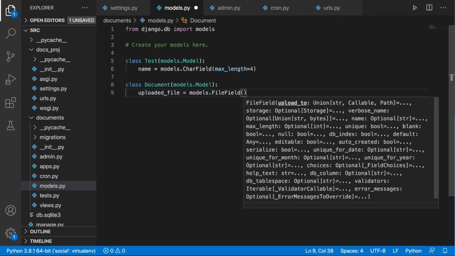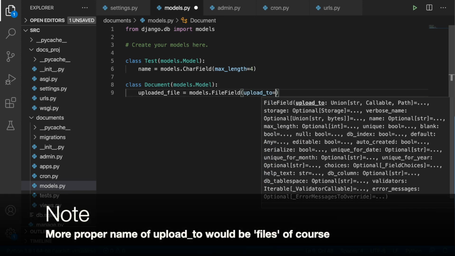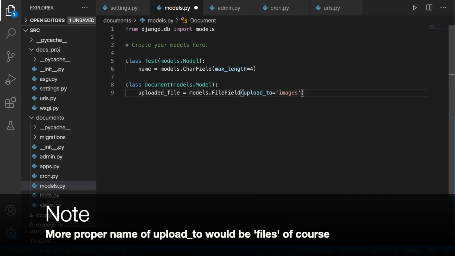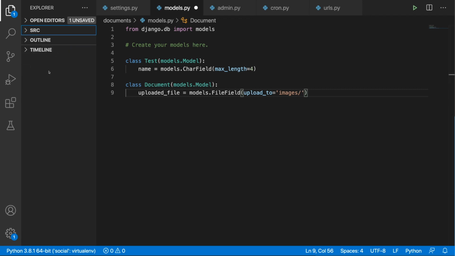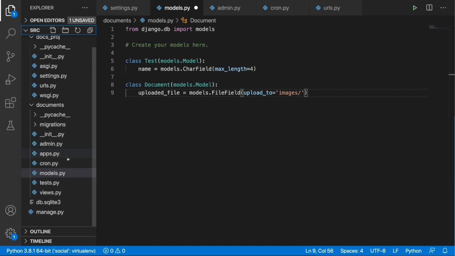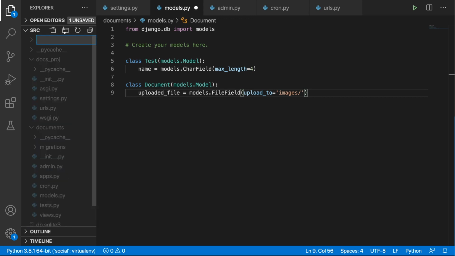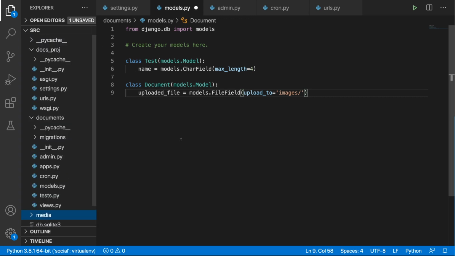And let's set the upload to images. So I also need to put in a media folder inside the source directory. So let me do it really quickly. Media, okay. And yeah, let's create another field called